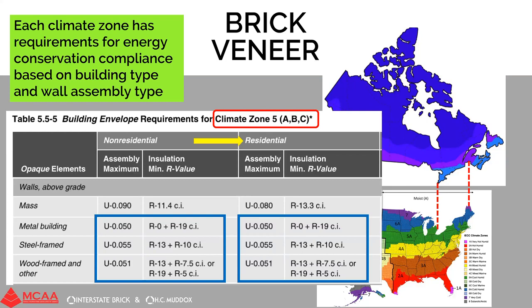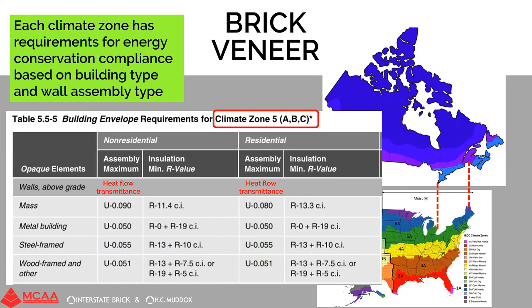There you require a little bit more insulation or a lower U factor for residential than you do for non-residential, perhaps because commercial spaces are only occupied for a certain portion of the day, whereas residences are typically occupied for larger portions of the day. So we're going to talk about the heat flow transmittance, or the U factors, which is a maximum